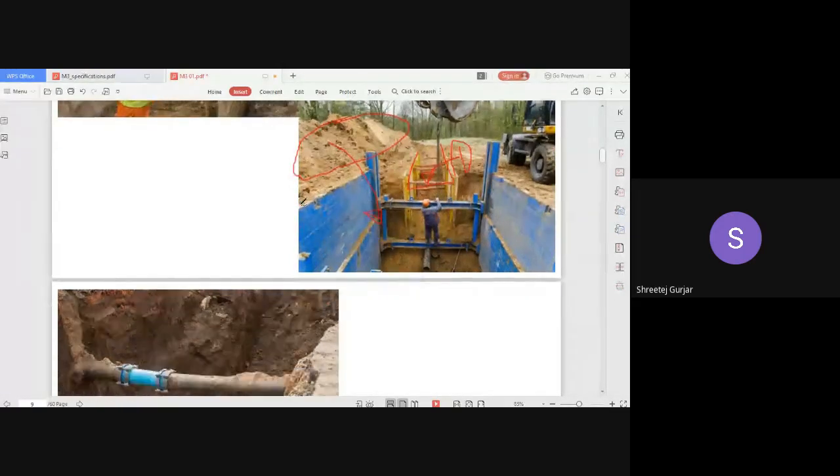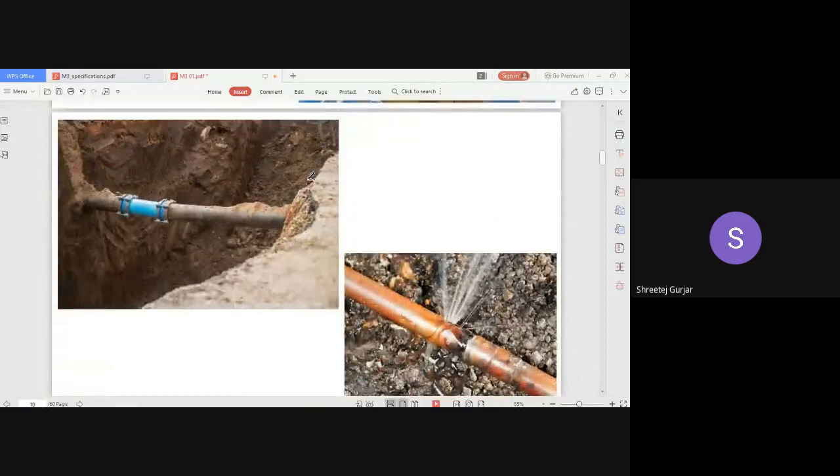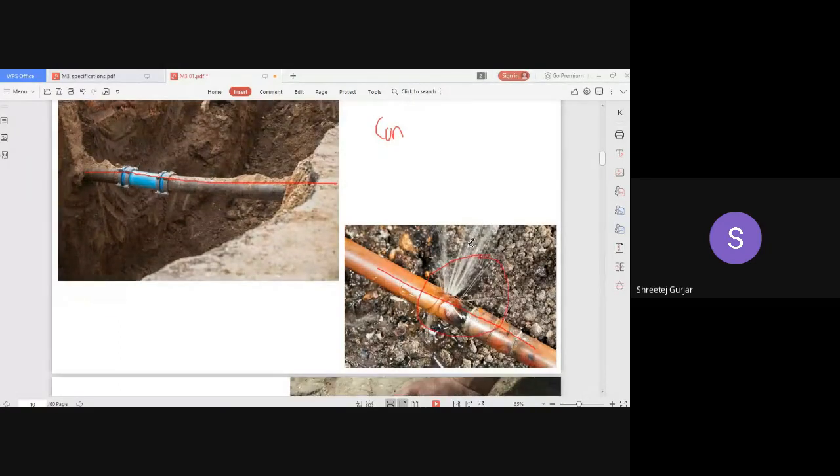Next, whenever you have underground lines going through, you may have excavated and found a water pipe or a gas pipeline. There are many pipelines, like electrical lines, water lines, and sewer lines. You should take care that they are not disturbed. That is the responsibility of the contractor. These lines should not be disturbed or damaged. You have to protect these existing lines which are already in the ground.